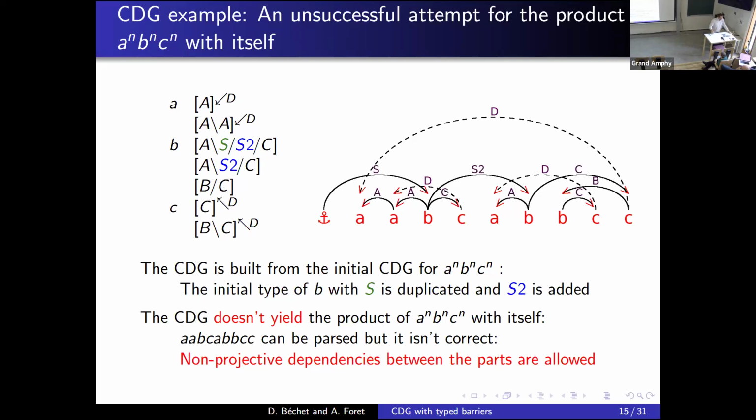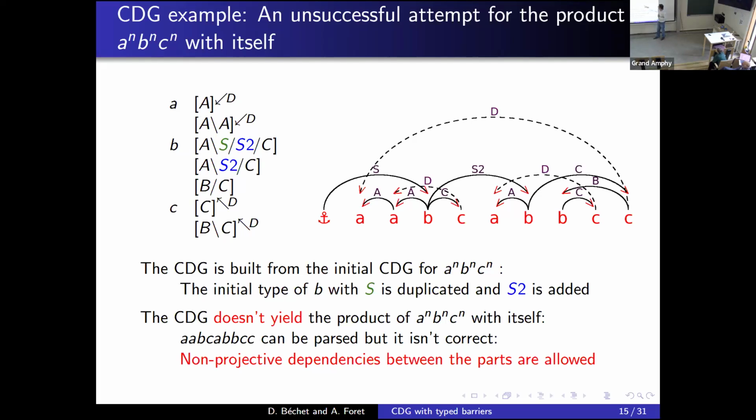But in fact, it doesn't work with CDG because for non-projective dependency, it's possible to have something that makes a wrong example. Sometimes you can check that A B C A B C is in the language corresponding to this grammar. Well, you can see that we have 2 A, 1 C, so it's not good for A^n B^n C^n.